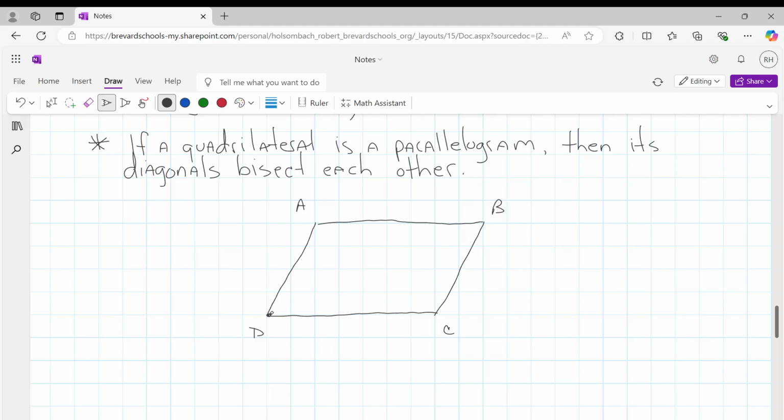So if we take a segment and go from D to B, DB is a diagonal. And then a segment from A to C would be a diagonal. If we call this point of intersection right here point E,